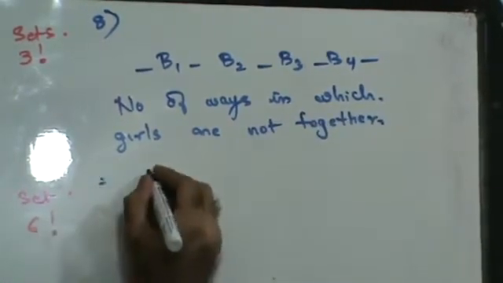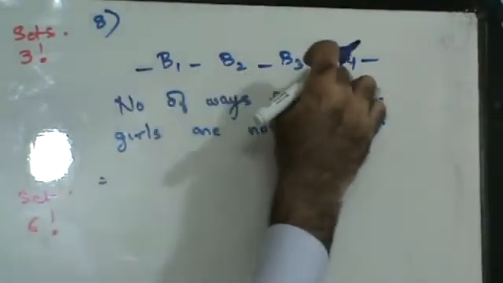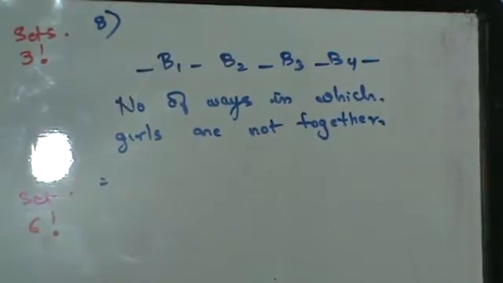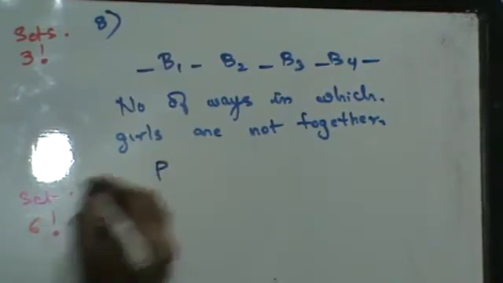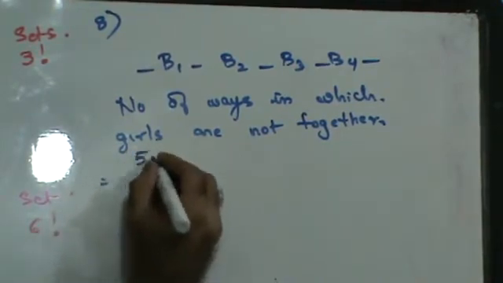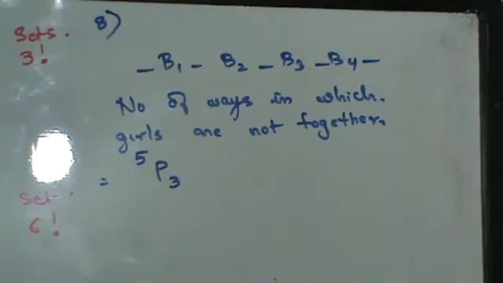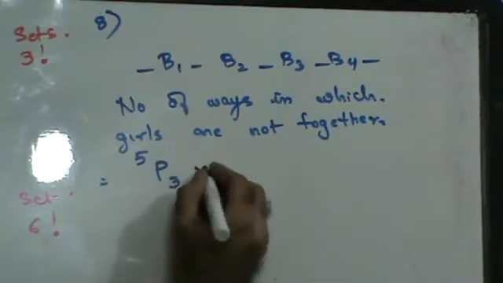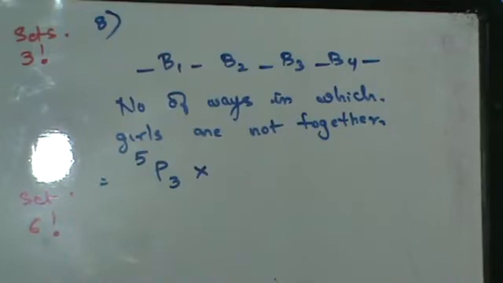Now see, how do I arrange the girls? 1, 2, 3, 4, 5. There are 5 chairs on which 3 girls have to sit. The number of objects and places is not the same. Since the number of objects and places is not the same, you will have to use permutation. And this is written as multiplication. There are 4 chairs on which 4 boys are sitting. 4 chairs, 4 boys, that means the boys can be arranged in 4 factorial ways.